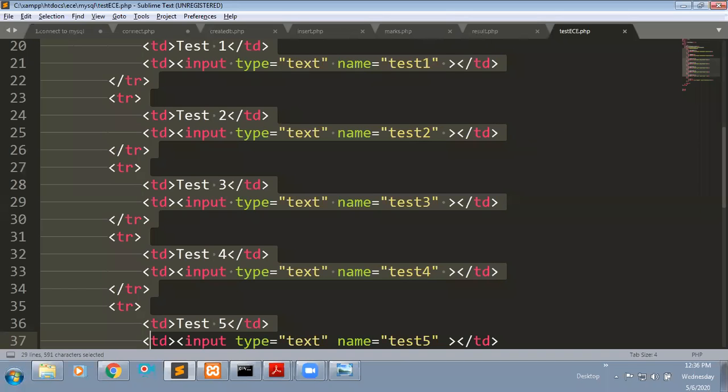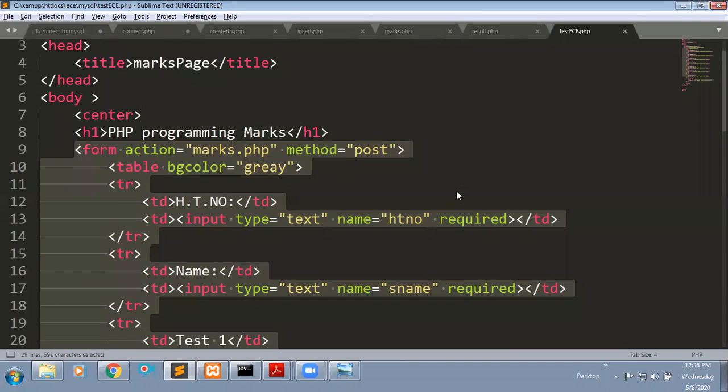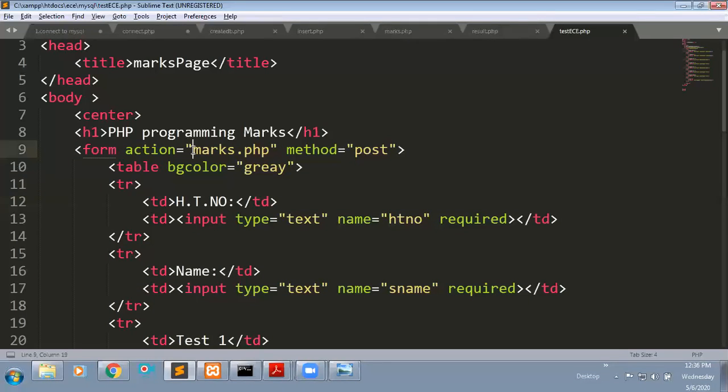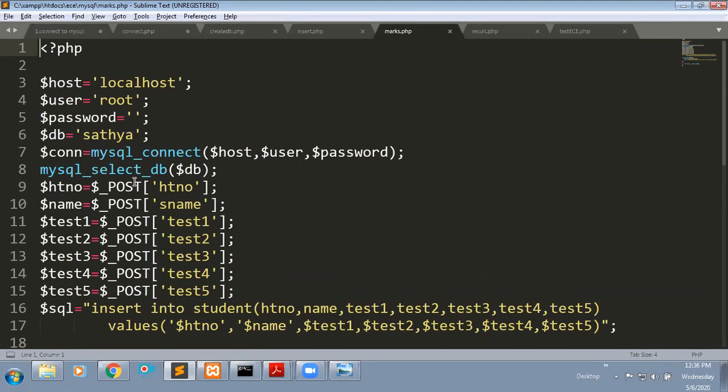Here I mentioned, right? If you can observe here, if I click on the submit button, the total marks are submitted to this marks.php file. In that marks.php file, you can see I'm reading the parameters. By using the post method I submitted, right? We already did all these things in the previous classes.